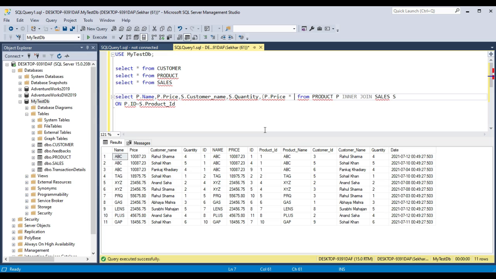Okay, and for this we will give a field alias as order price.